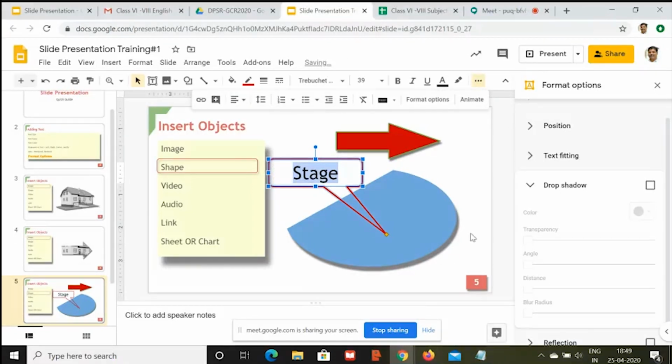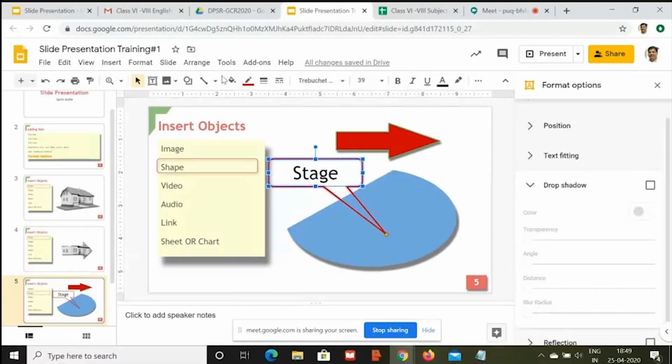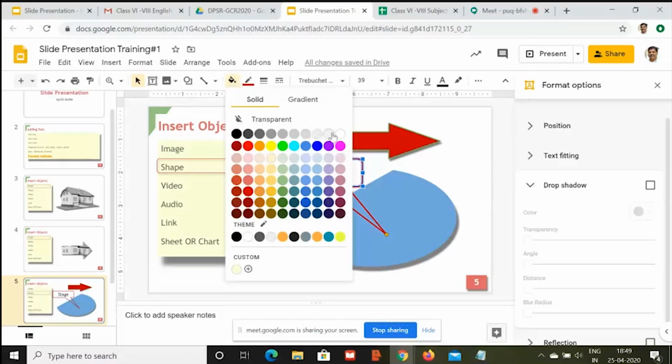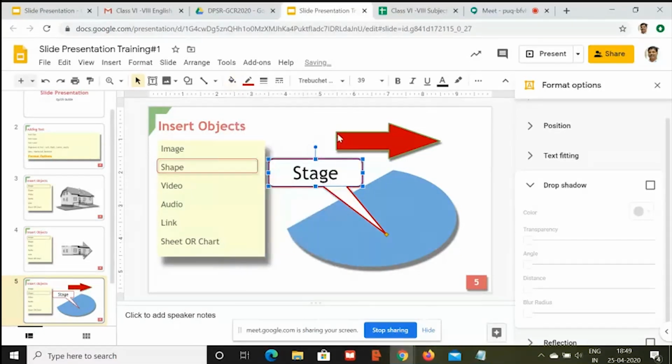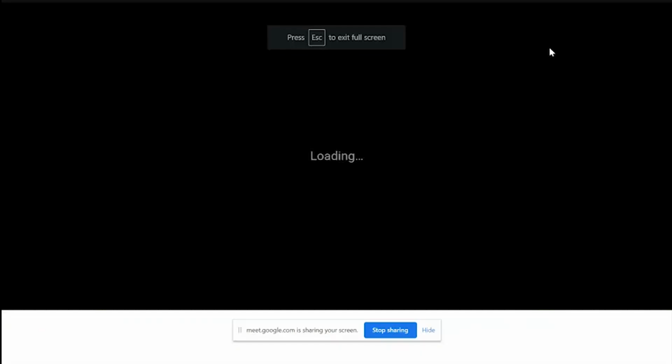Okay, so this becomes like this. If you want this to be white color, you can just change the color to white like this. If you want this also to have the 3D effect, you can just change the angle, increase the distance, increase the blur, and then you can see this also coming on top of this.